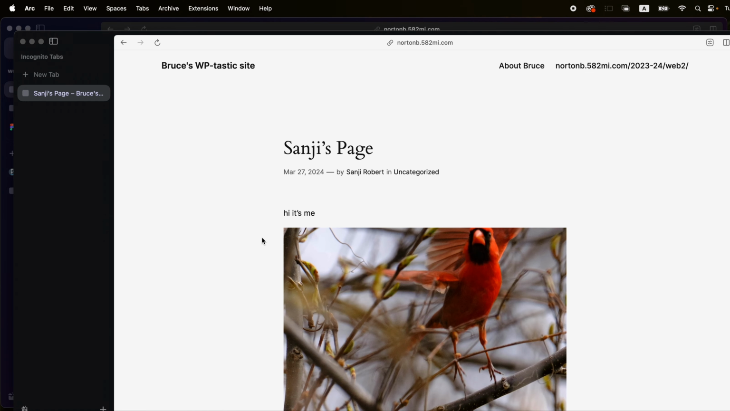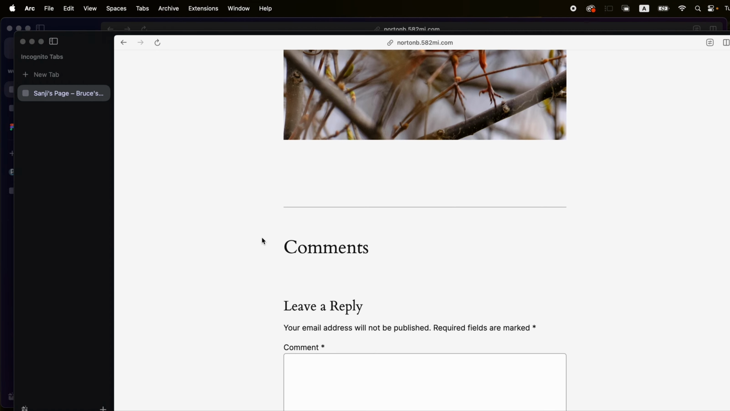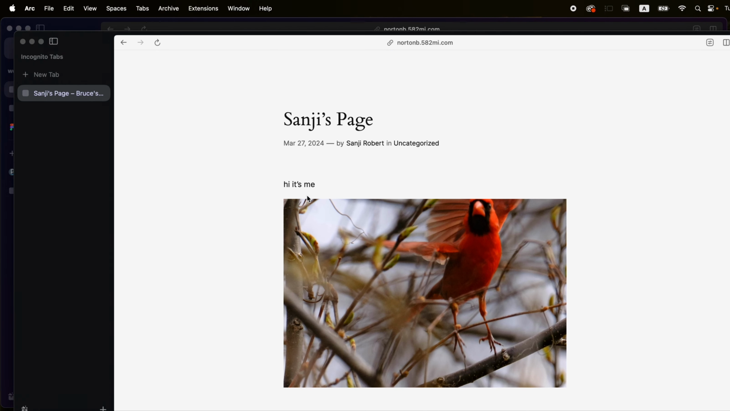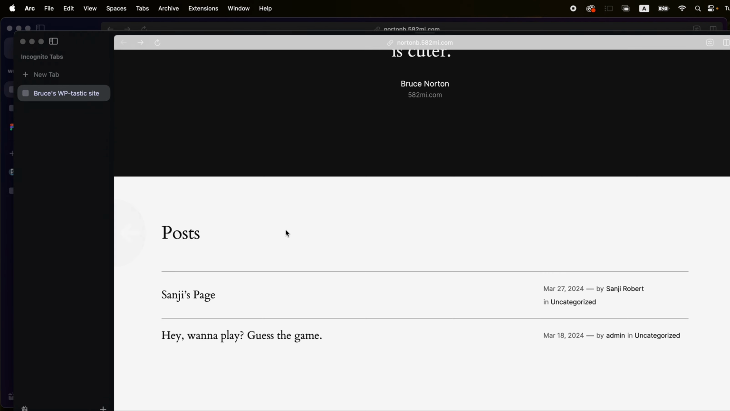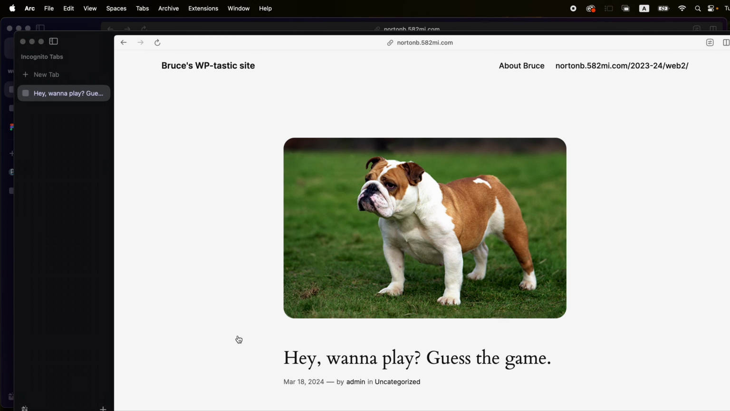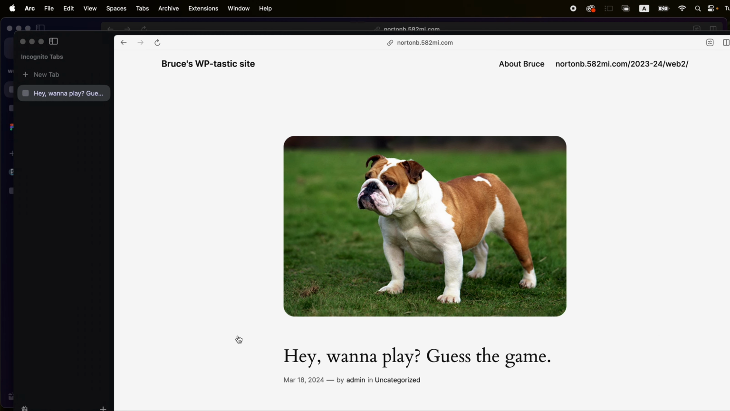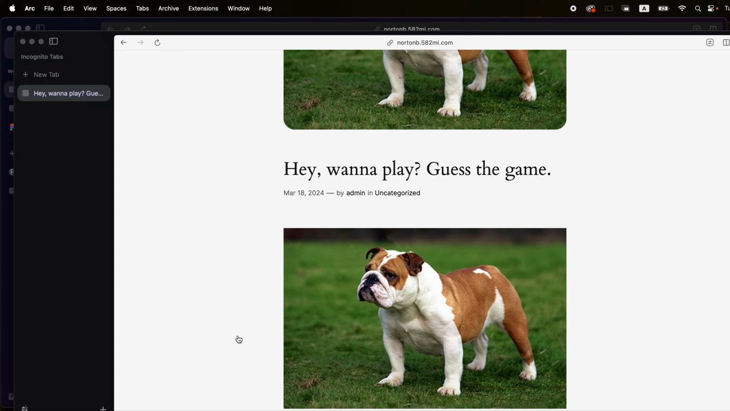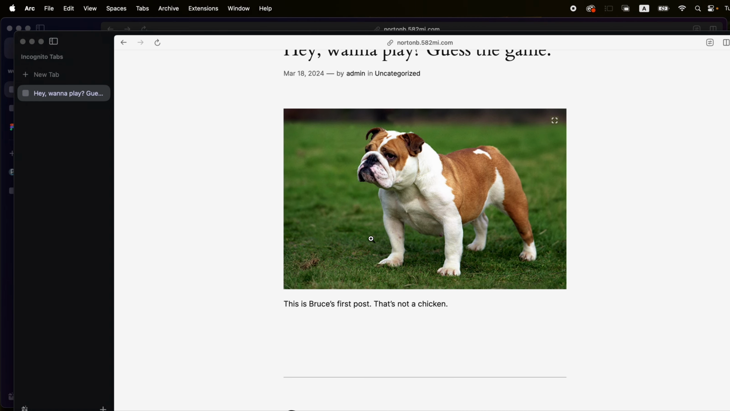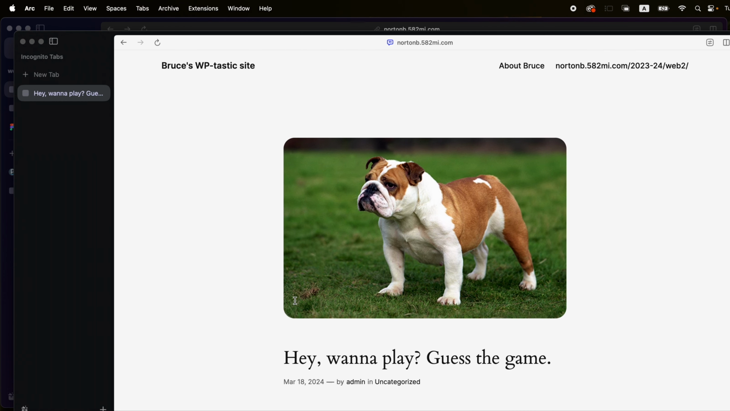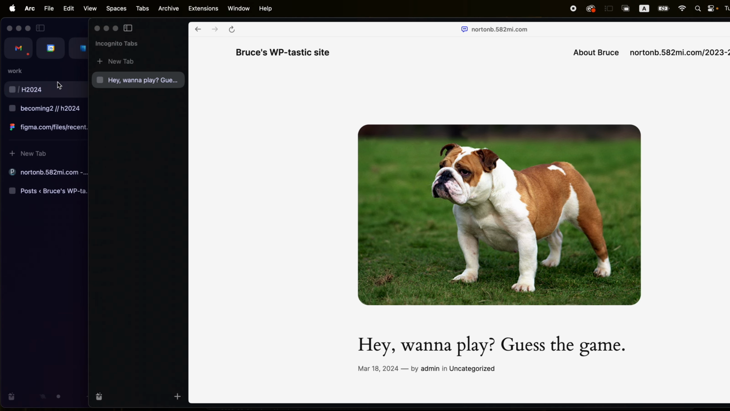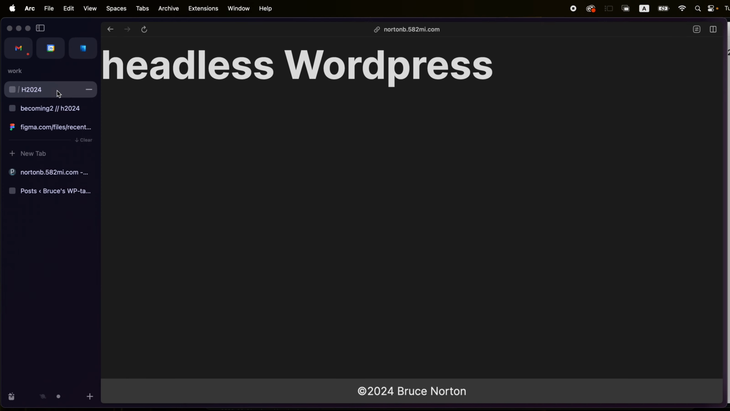We've got Sanji's post or page, and you can see it's got a message plus the image of a cardinal. And then we've got another post here that says, hey, you want to play? With an image of a bulldog and a little bit of a paragraph. Right. So if we wanted to see the JSON or the headless part of this from the WordPress API, what